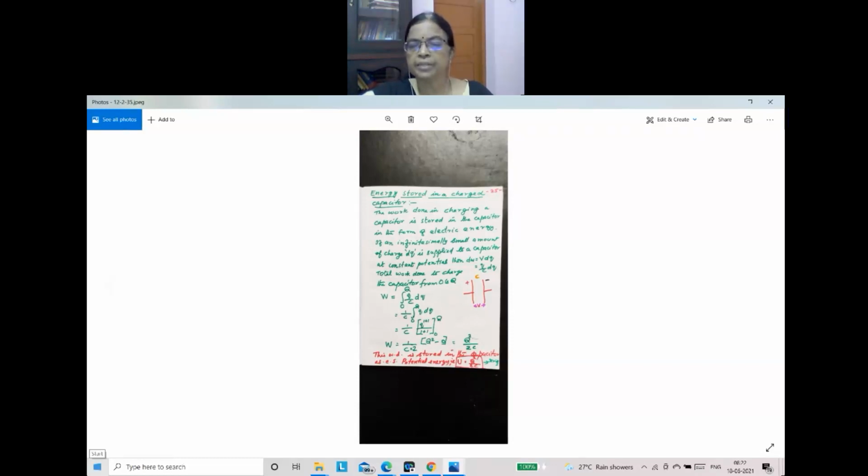Now I am telling you, at least study the headings and the final expression. And whenever you get time, study the derivation part. But this is the basic thing: what is the formula when capacitors are connected in series? What is the formula when capacitors are connected in parallel? If you are not getting time for derivations, at least study the headings, the final expression, and the figure also.